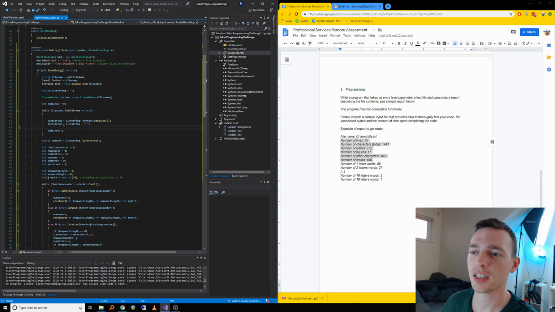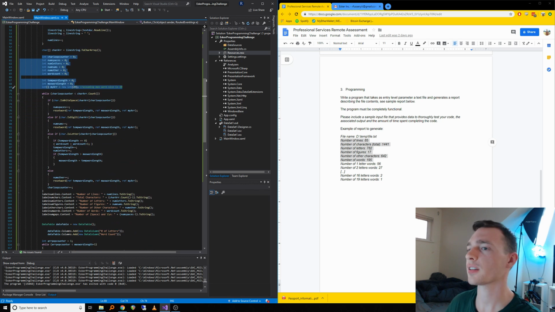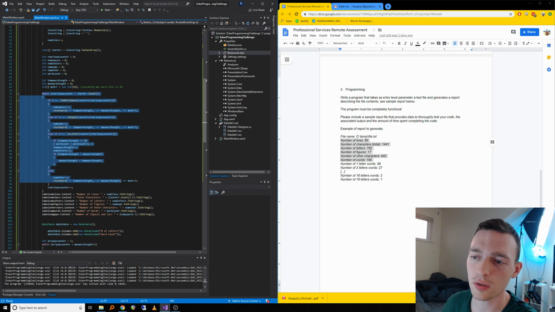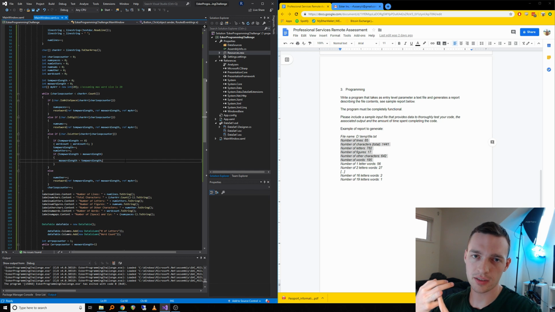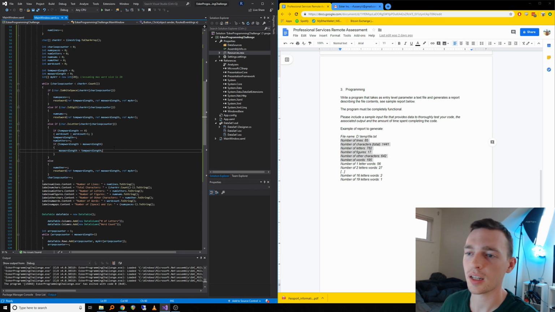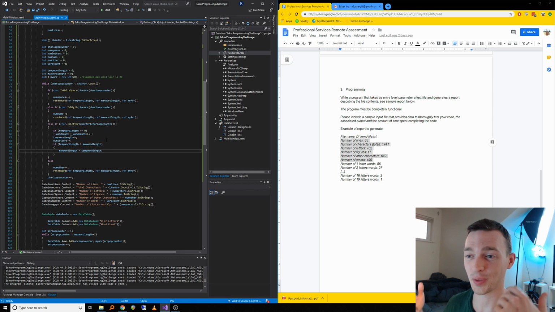We turn that string into a character array. We initialize for loops that we're about to do, and then basically what we're doing is we're throwing all of those characters that are in that long character array into 4 buckets. So there's the bucket of either this is a character, or this is a number, or it's a white space, or it's something else. So everything's going to end up in one of those buckets. If it is a character, then we know we're either building a word or starting a new word. And if it's anything else, then we know if we've already started building a word, we need to stop building the word and